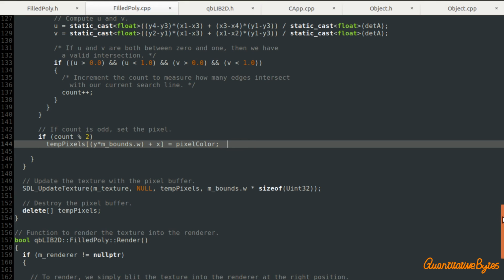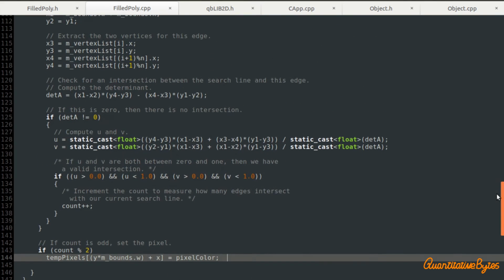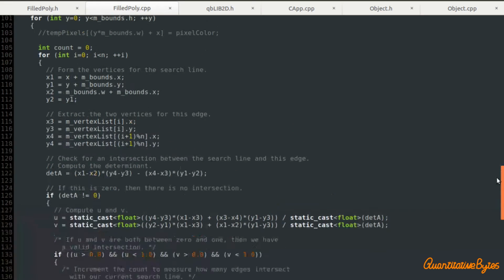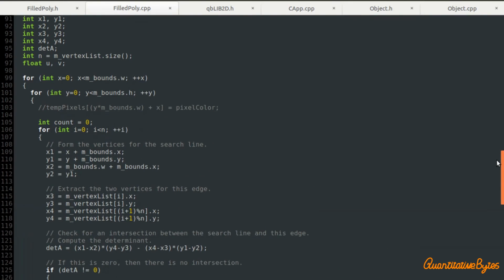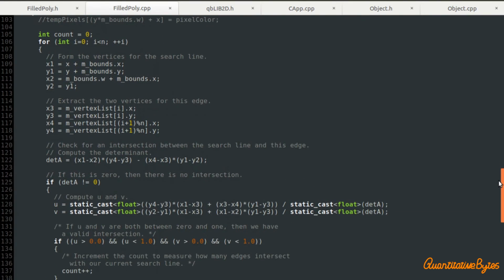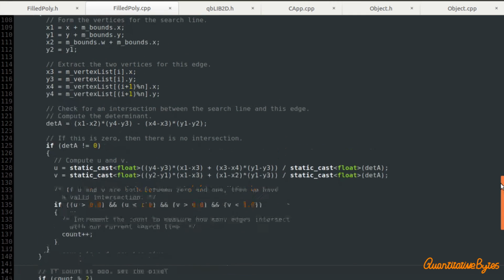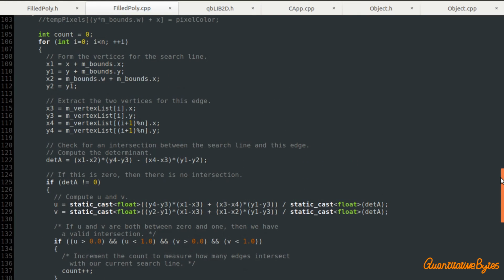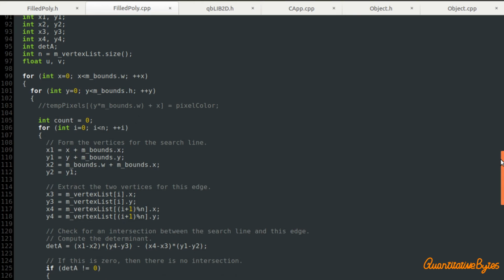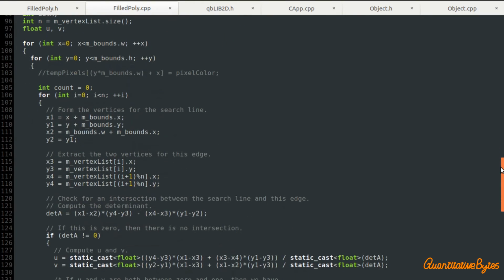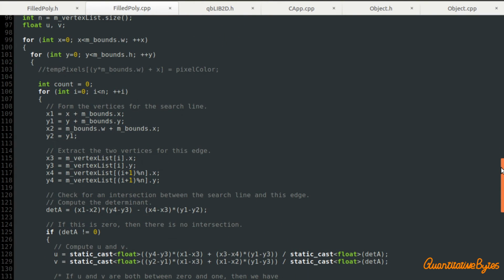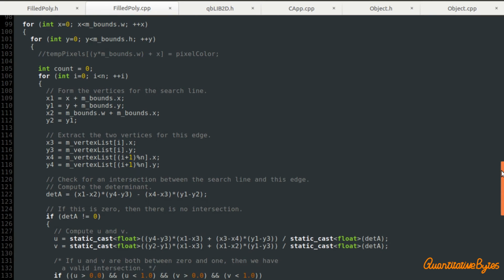Okay, and that's it. It seems quite complicated. It isn't particularly, it's actually rather a nice algorithm, and I do believe it probably could be implemented in a more efficient way than this, which would be faster, and that is something that I'm going to maybe look at over the next week. But this is the most basic way of implementing it that I could think of, and I think it's rather nice. The whole way of detecting whether you're inside the polygon by simply counting the number of intersections with the edges of the polygon and seeing if that's odd or even, I think is really quite a nice way of doing it.